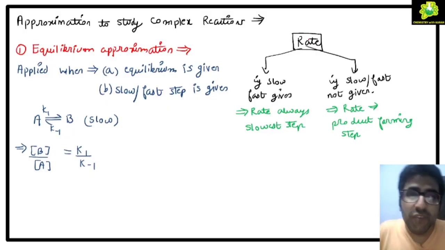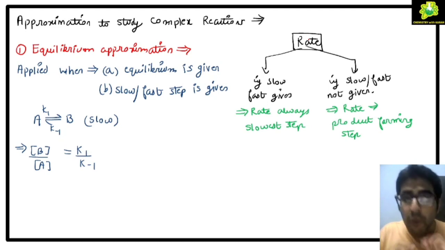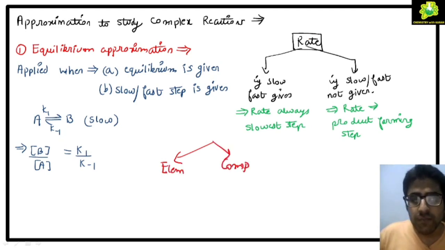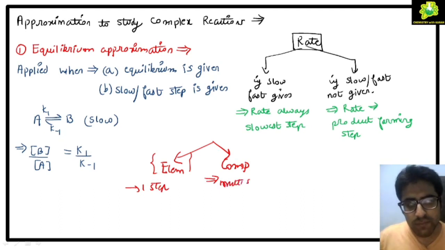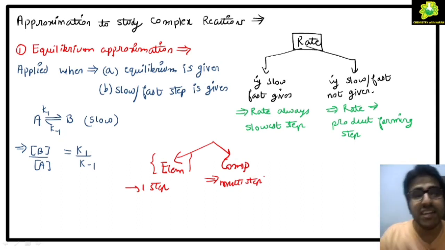In the last lecture, we had covered elementary ideas about kinetics. We dealt with first order, second order and so on, and we dealt with half-life and the various formulas. So I would like to mention that there are two types of reaction. First is elementary reaction and second is the complex reaction. Elementary reaction is a reaction which takes place in one step, or it is a single step reaction, whereas complex reaction is a multi-step reaction. For an elementary reaction, order is equal to molecularity, whereas for a complex reaction, order is not equal to molecularity.